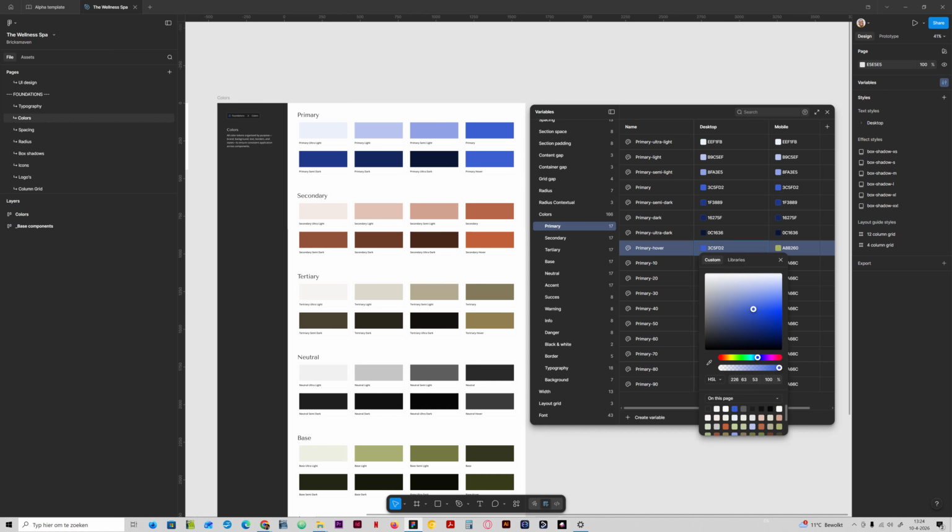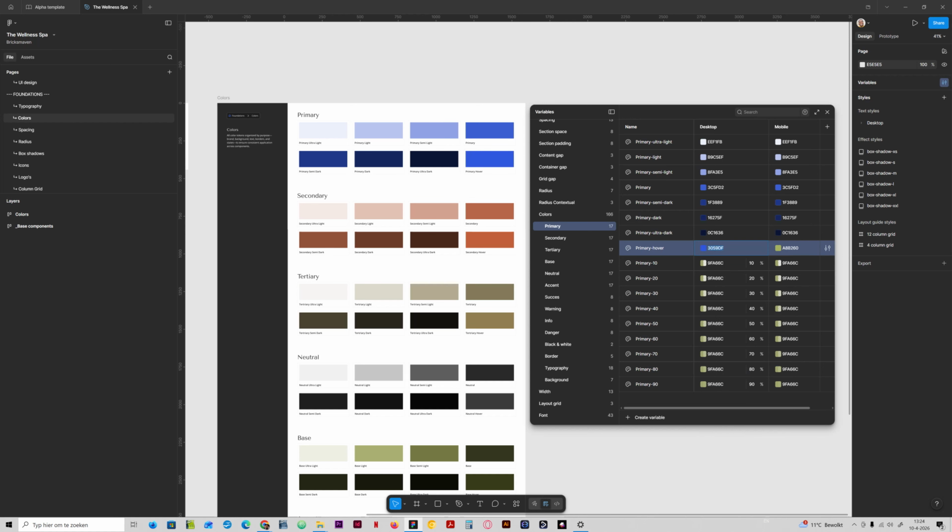So the hover, I mostly go to the saturation, and whether I bump it backwards, sorry, you still need to press the front and back arrow, but this one goes from left to right or right to left, depending on which arrow key you choose. So I can always bump it 10 points up or 10 points down, depending on if I want it to be brighter or more muted. So in this case, I want it to be brighter, so I bump it from 63 to 73, and then I add the colors here, and then I go back to my primary and I just blast it on the